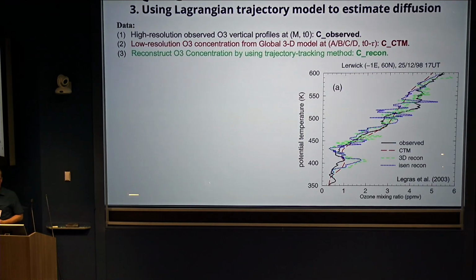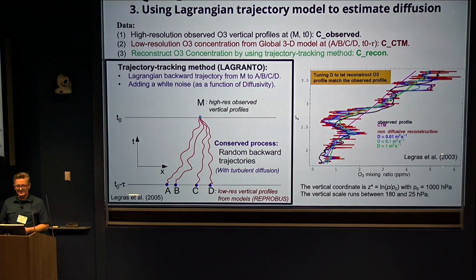The third method is using the Lagrangian trajectory to estimate diffusion. So this is where you have a chemical transport model, maybe you're representing, in this case, ozone. This is showing ozone as a function of potential temperature. The chemical transport model is the red. And the idea here is that you take each point and you do back trajectories. For each profile, you do back trajectories, and you aggregate together the chemical transport model predictions of